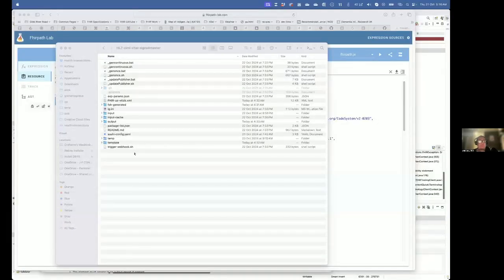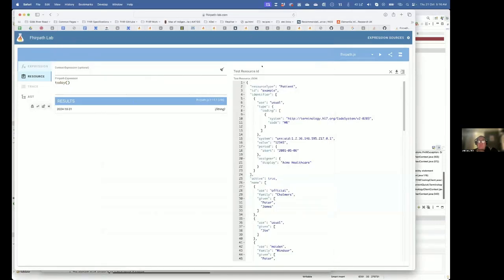Yeah, I'd love to see something like this. Let me share my screen. Brian Postlethwaite has written a FHIRPath lab, which is a website where you enter a resource and a FHIRPath expression, and then you can evaluate what's happening inside the FHIRPath and see what the results are. It would be sensational for us to have something equivalent where you can upload a bunch of resources, feed it a view definition, and see live the SQL and the row set that comes out of that. That would really help people get going in defining their view definitions and seeing how they work. So maybe that's something we can work on between us.